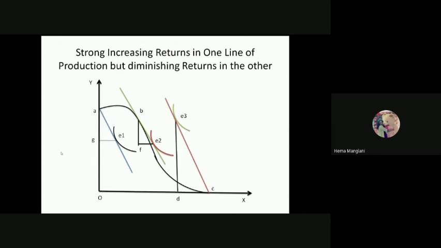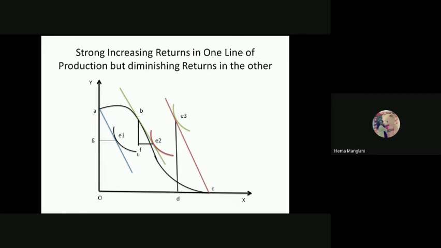Now what happens when the country chooses incomplete specialization? With a parallel line, I'm not changing the world economy prices. These are similar, so we shift to the green line. This green line is now tangent to this B position, which is your production point. If we analyze the situation from A to B, at A the country is only producing Y, but at point B the country is producing some amount of X, this much of X, and this much of Y. This whole line you can consider as Y.